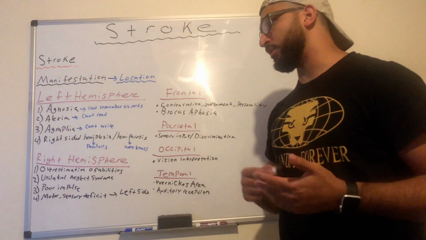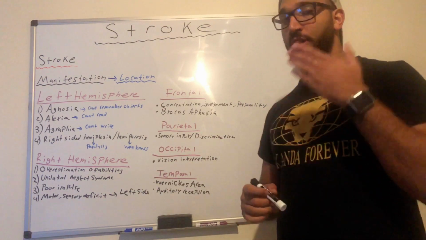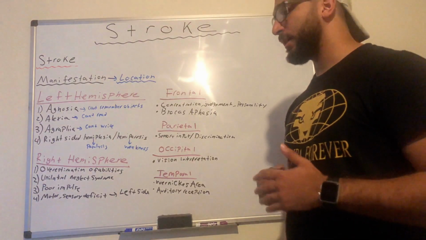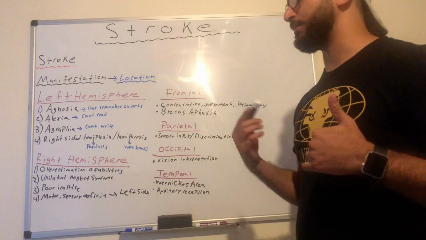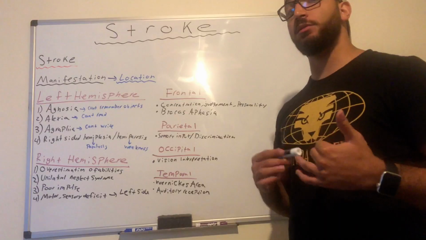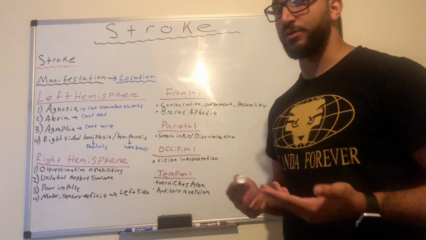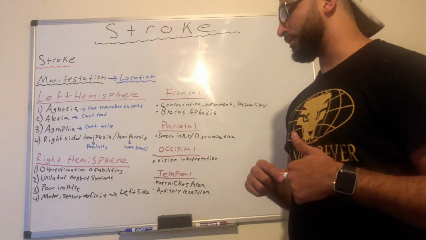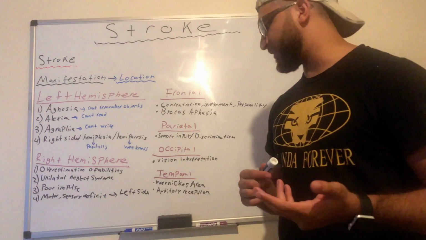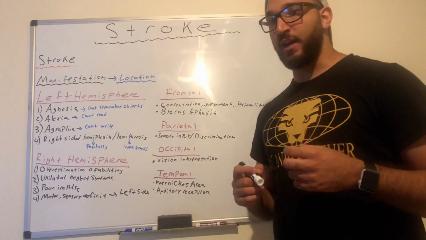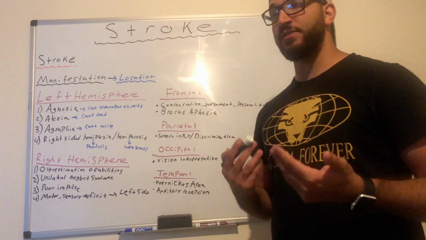There's also unilateral neglect syndrome, so they're neglecting one side of their body. That's also another reason to keep these patients next to the nurse's station. Also, there's poor impulse control. They become very impulsive. Also, there's a motor sensory deficit, specifically on the left side,